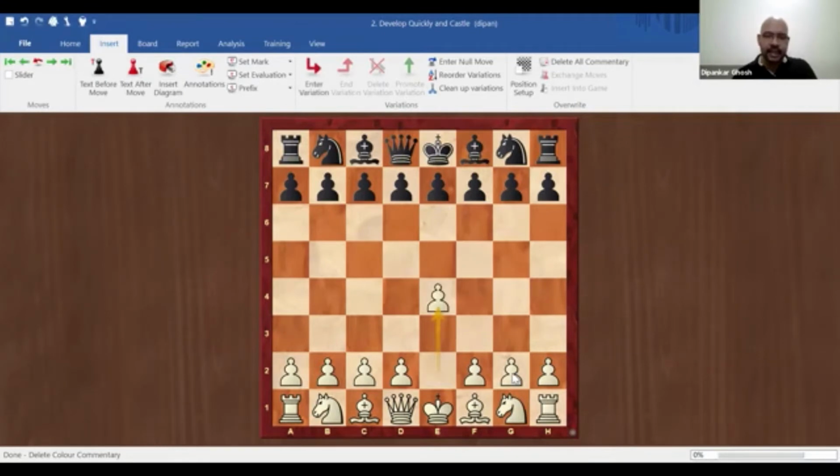So again, as I mentioned, this move e4 is good. You can also start with d4, by the way, but if you are a total beginner, I recommend starting with e4. It will give you the type of game that will help you learn. So now let's see what happens if black plays bad moves again.